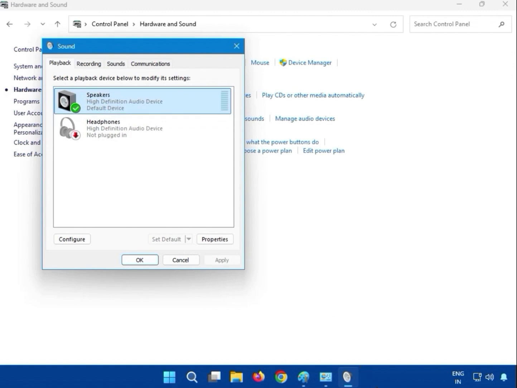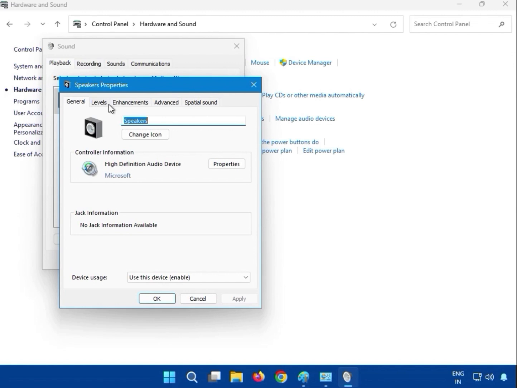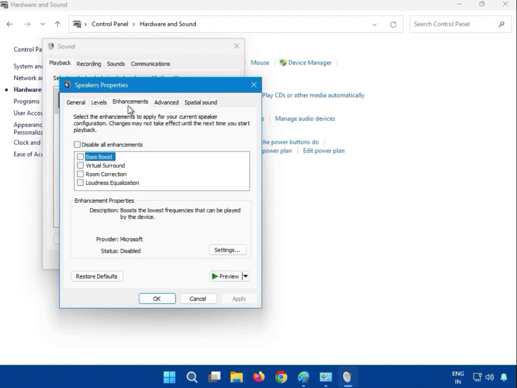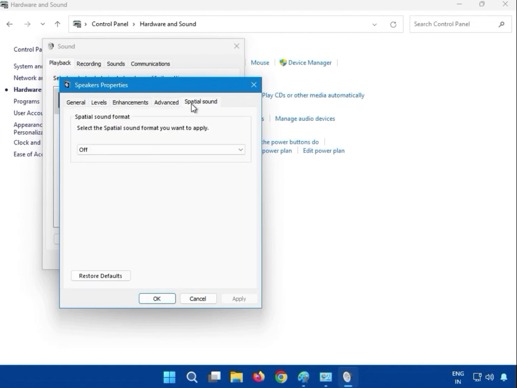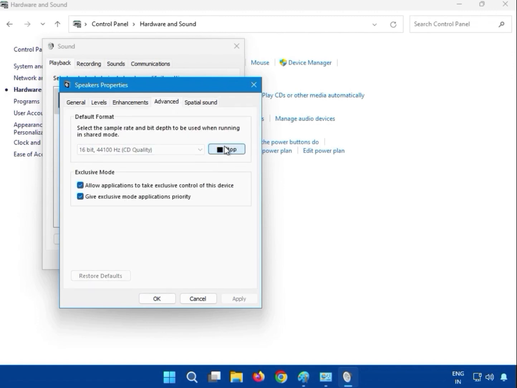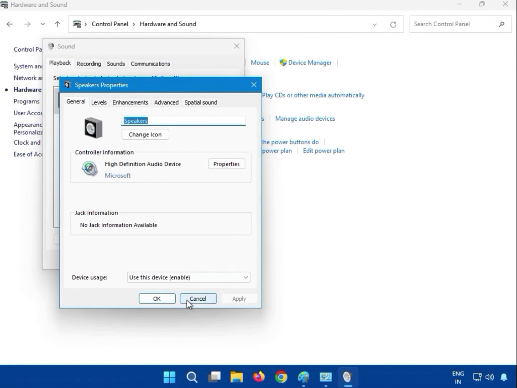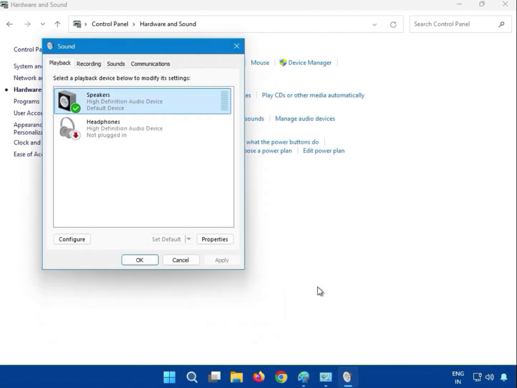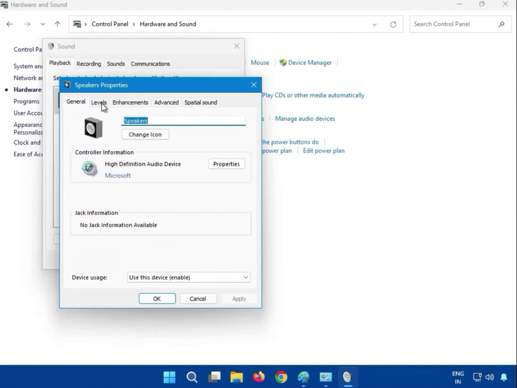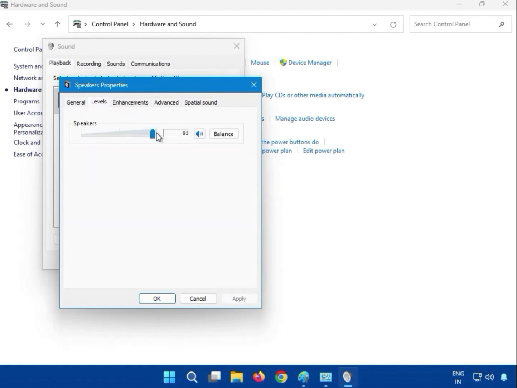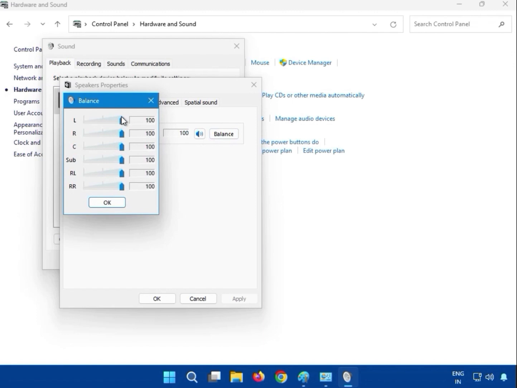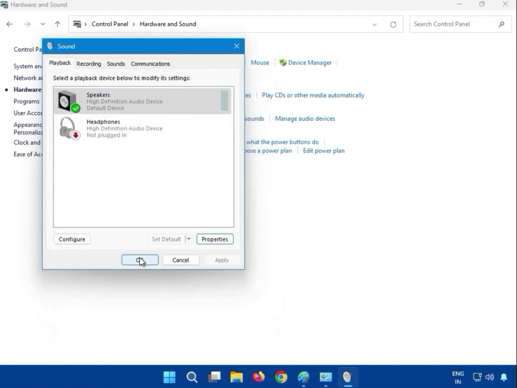Okay, then just double click and click on it. You can see the text here like that. Okay, click on properties. So guys, select the level 100%. Okay, and you can see here the balance is on 100%. Okay, and then okay, and then okay,